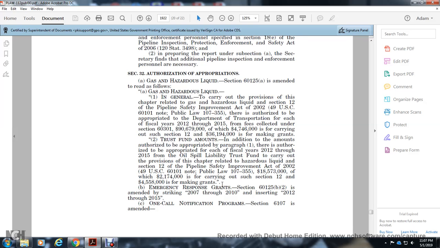Section 32, authorization of appropriations. The Secretary shall carry out Section 6125A, the provision of the gas or liquid pipeline safety programs, in accordance with Section 12 of the Pipeline Safety Improvement Act of 2002. There is authorized to be appropriated to the Department of Transportation for each fiscal year 2012 to 2015 from the fees carried over under Section 6301,